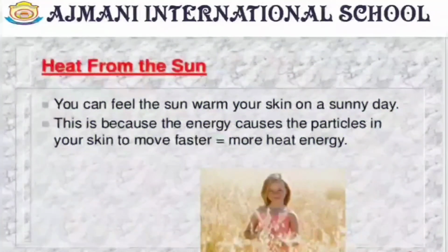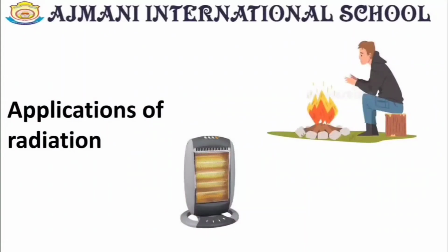See, we could use this radiation of heat in the following ways. Solar cookers trap the heat from the sun, which is used for cooking food. Electric heaters have a mirror behind the heating coil. This mirror reflects the heat radiated by the heating coil to the front of the heater and we feel warm. Warming hands in winter around a bonfire is also an application of radiation.